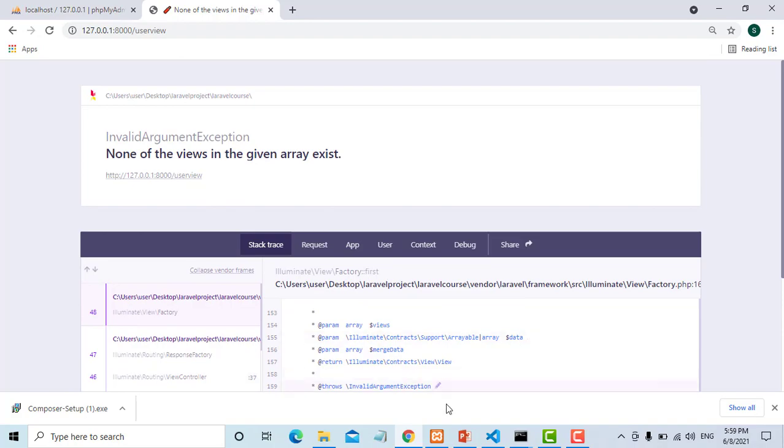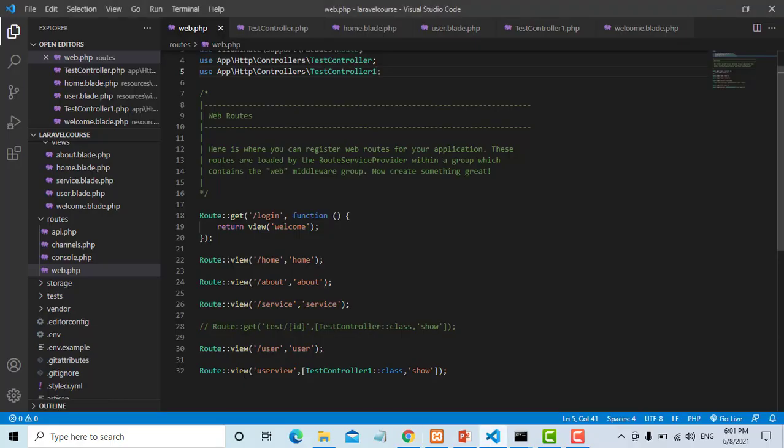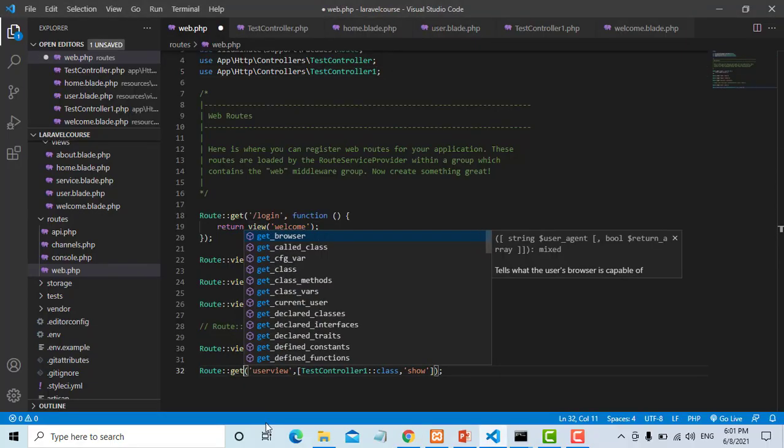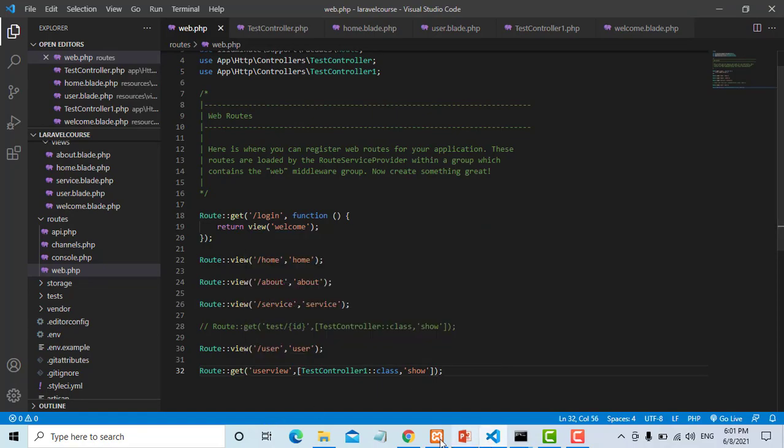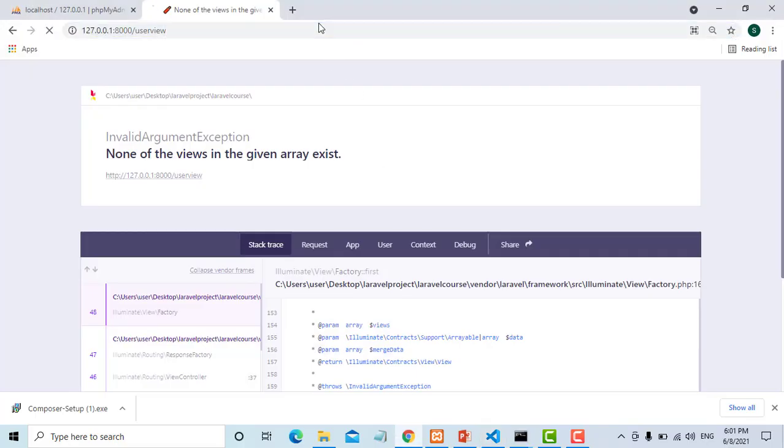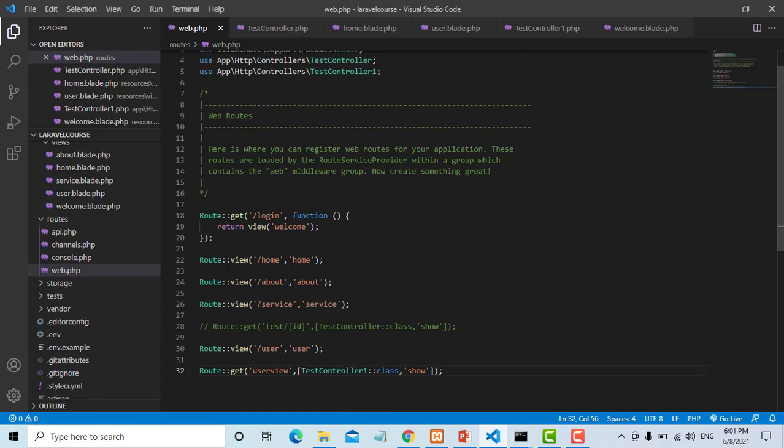Okay, just go here, instead of view you have to put get, because now you're calling the view from a controller. View you will put when you are directly calling a view from a route. Get you put when you are calling a view from a controller.